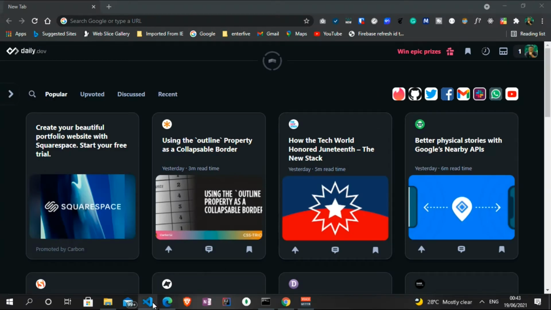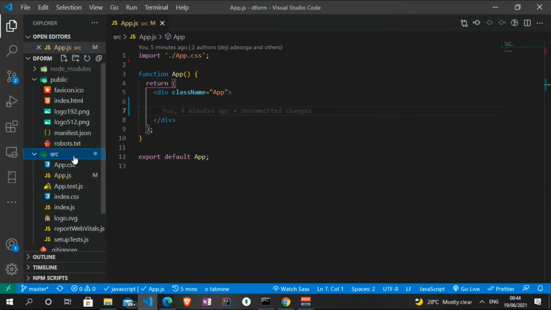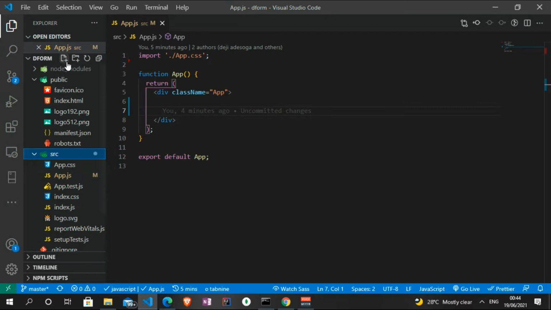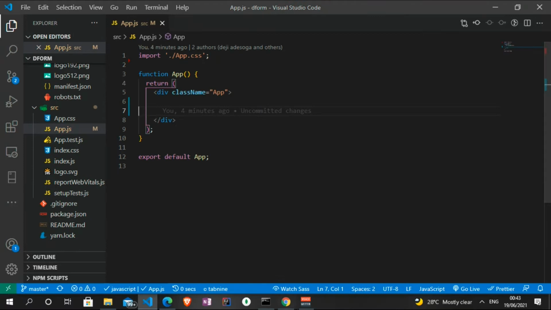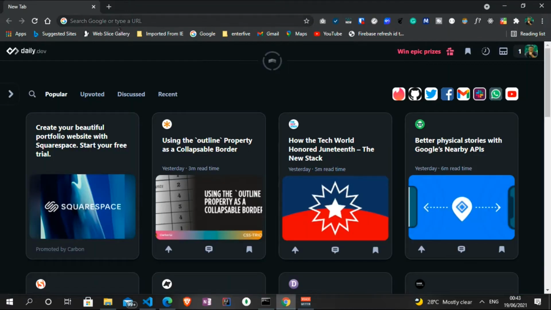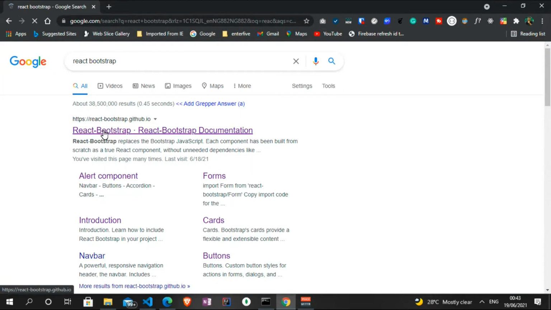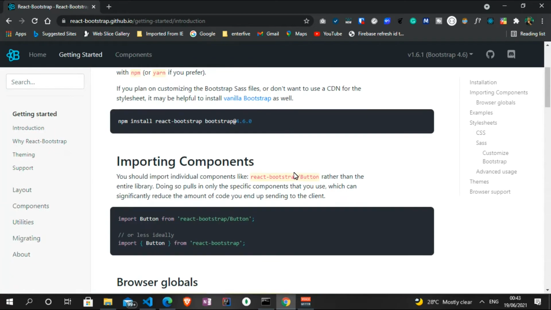In my Visual Studio Code, I already created a project, and I'm going to just create one single file, and we'll call that file form.js. So we're gonna generate a functional component with this. What we need to do next is to install React Bootstrap. So I'm gonna head to the React Bootstrap website. So React Bootstrap. I'm gonna search for that on Google. Then I click on the link to the React Bootstrap page. When we get there, we can click on getting started, and then